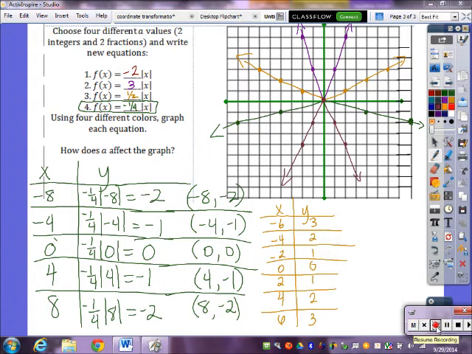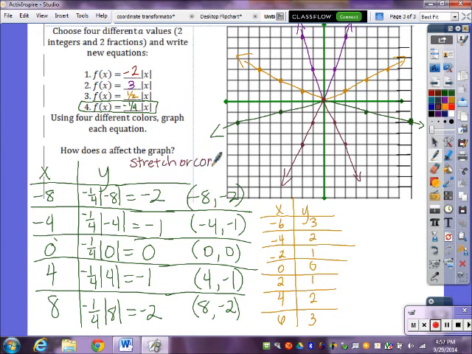Once I have all my graphs plotted, if I look, when I had a whole number, instead of it flattening out, it got more narrow. And what we call that is a stretch. It's like I took these two ends here and I pulled them up, so stretched it up. So that's called a stretch. And then when I had that -2, it flipped it upside down again. So to answer how does A affect the graph, well, it makes a stretch